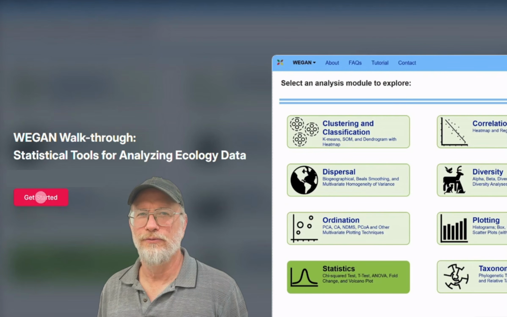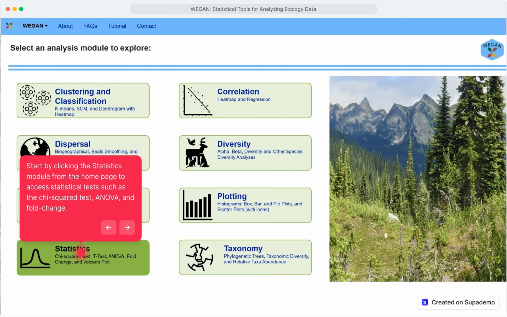Welcome to a walkthrough of WEGAN's statistical tools for analyzing ecology data. WEGAN is a web-based platform for analyzing ecology data that requires no coding knowledge. In this step-by-step tutorial, we will show users how to use statistical analysis tools such as chi-squared tests, t-tests, and fold change. Let's begin. Start by clicking the Statistics module from the home page to access statistical tests such as